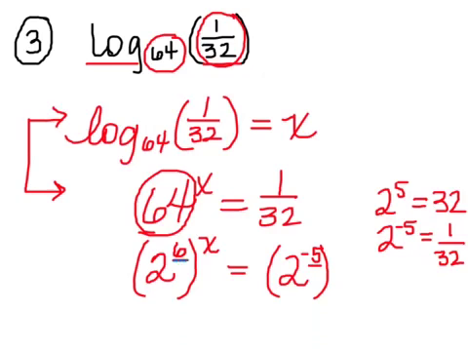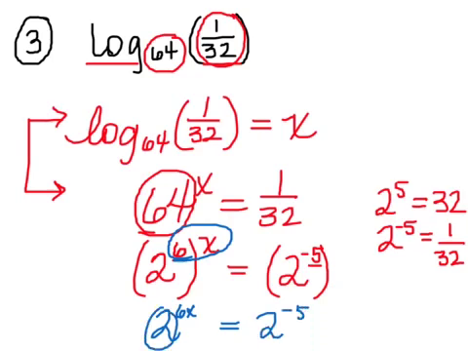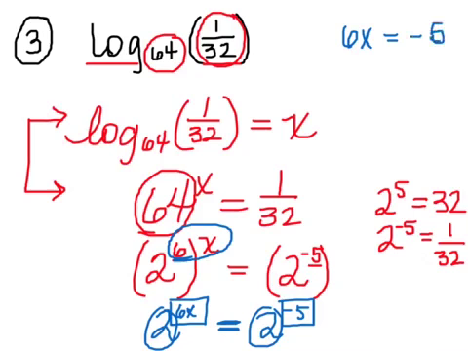Then there's an exponent rule that says if we have a base to 2 powers, we are allowed to multiply those 2 powers. So we'll just put them side by side as multiplication. And this other one is just a 2 to the negative 5th. If our bases are the same, and it's saying that these two things are equal, the only way they could be equal is if their exponents were the same. So we're going to set the exponents and say this has to be true, that 6x equals -5. And because of that, we can now solve